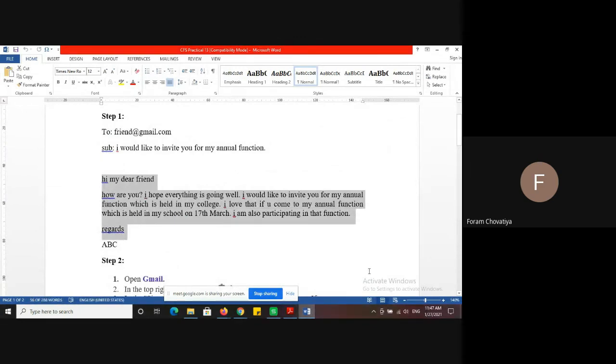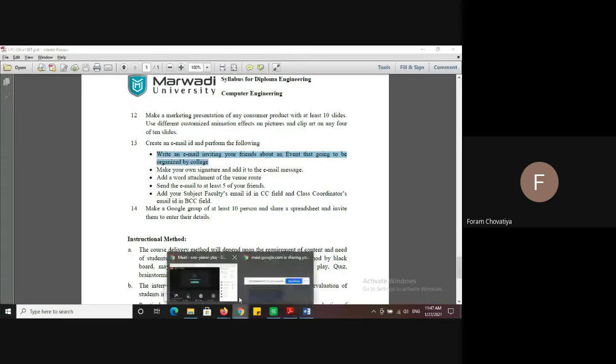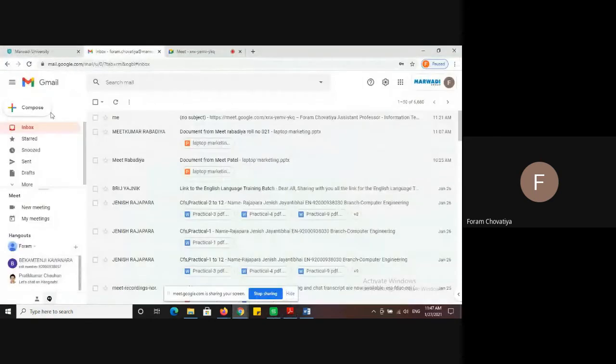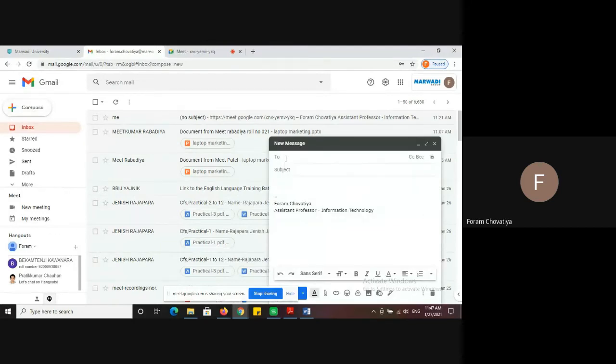Okay. So first of all, we have to write down the invitation letter. So click on that compose. Okay, then after you can see here, this is the "To" field. In this you have to write down the mail ID of the people. Which are the people you have to send your invitation letter to, here you have to write that mail ID.